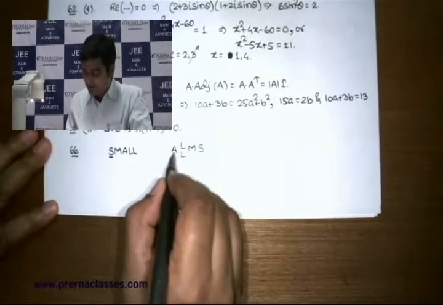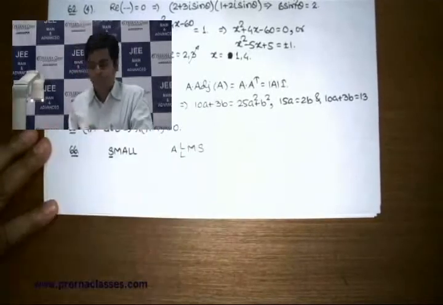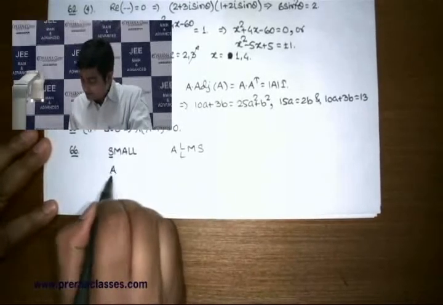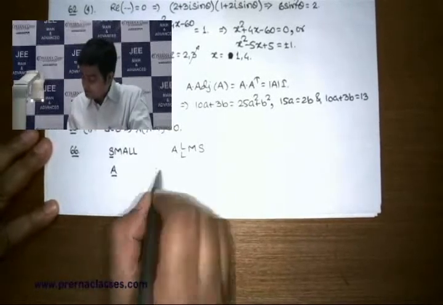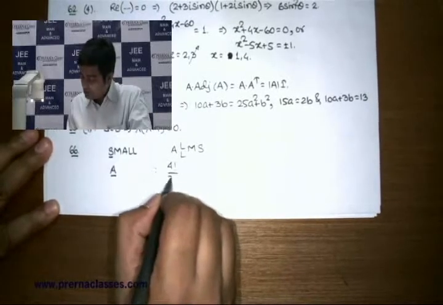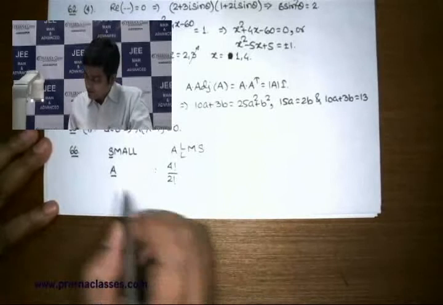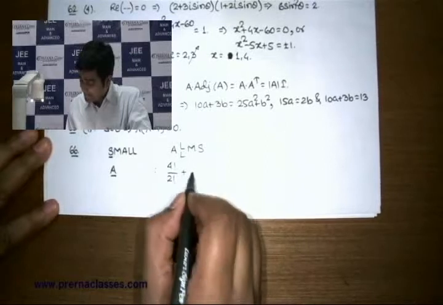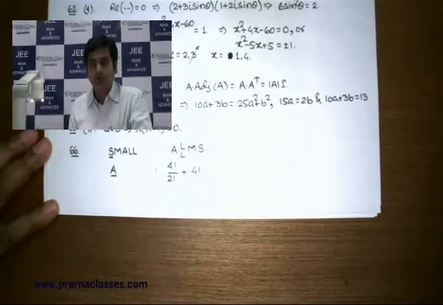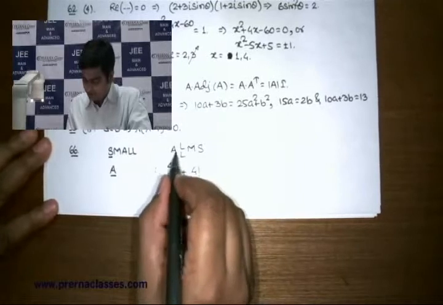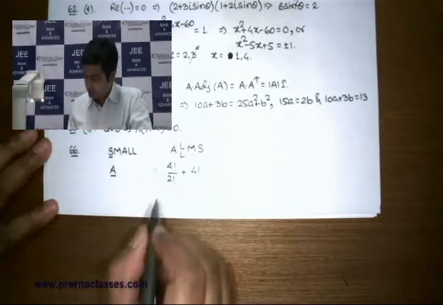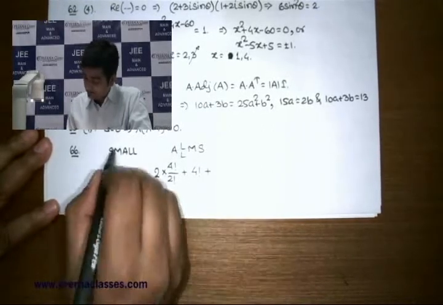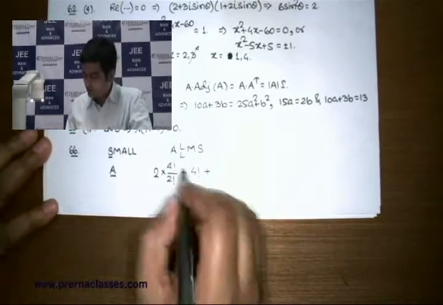Clearly, a word that starts from A is going to lie prior to "small". Corresponding to this A, the total number of words possible is 4 factorial by 2 factorial. But if you take L, you are then going to have 4 factorial possibilities, and the way we have got the answer for A, in a similar way we'll be having similar answers for M also. By this we have taken care of that whole expression.